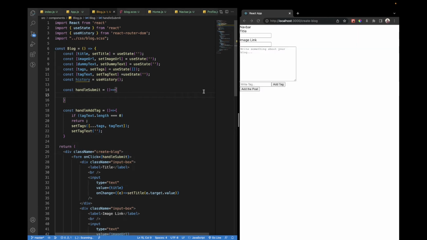So now if I save, so now if I add any text, now you can see we can add the text here. So it's working now. Let us write down the handle submit function. First we have to prevent the default, that's why it is refreshing the page whenever you press the enter, is not defined. Okay,